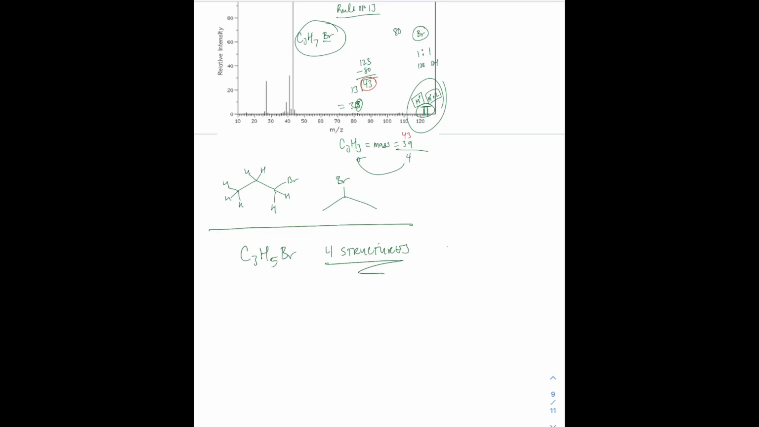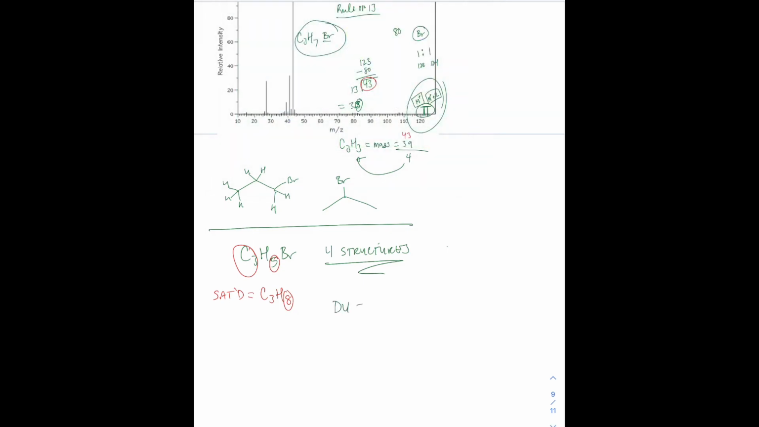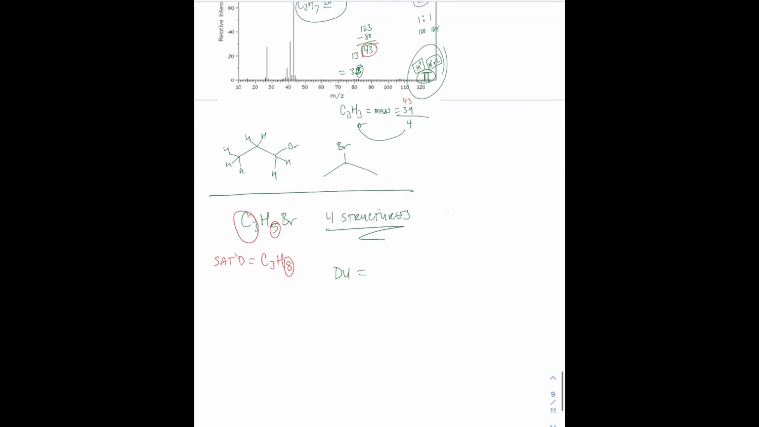And so remember, the saturated compound, we still take the number of carbons. We have C3, but it's 2n plus 2 for the hydrogens, so it's 8 hydrogens. And obviously there's a difference here, right? So now what we want to do is calculate the degrees of unsaturation. The DU equals, since we have a bromine present, that actually takes the place of a hydrogen without contributing to degrees of unsaturation. And so what we want to do is use this number 8 minus the number of bromines,